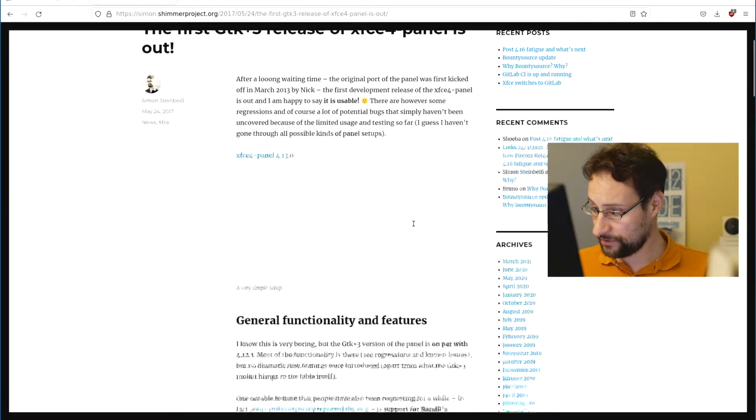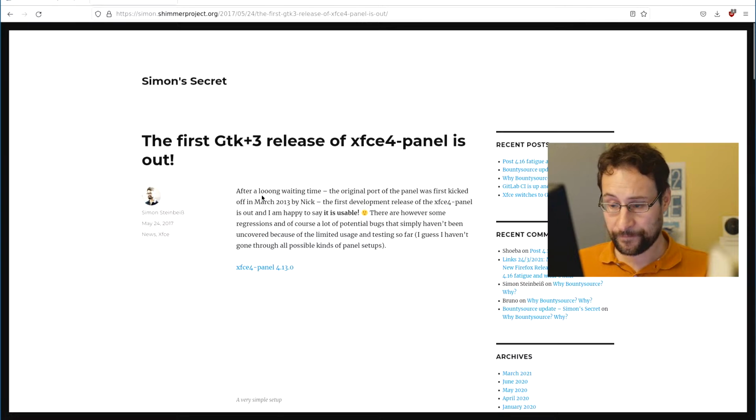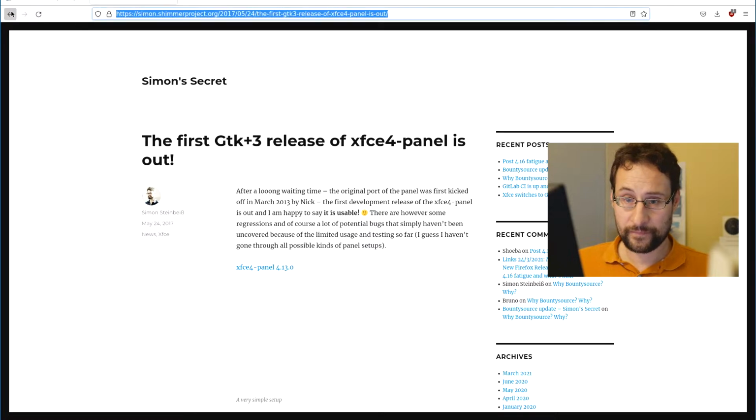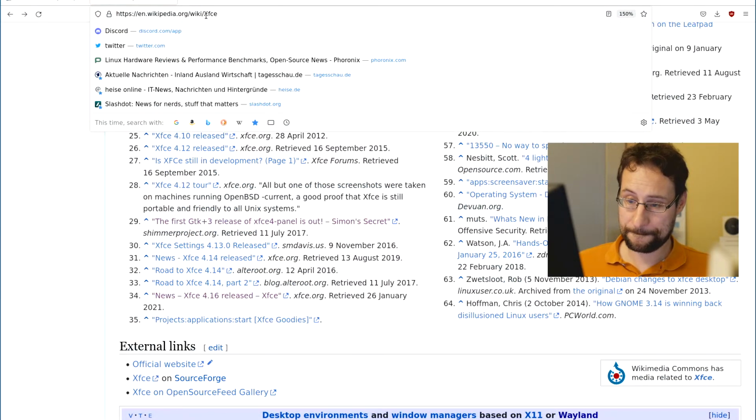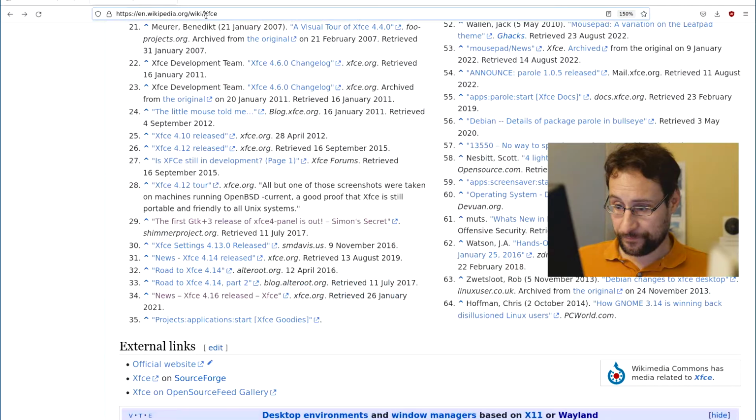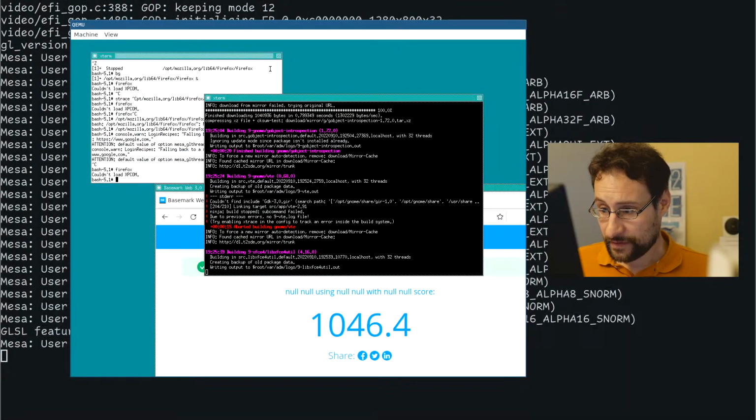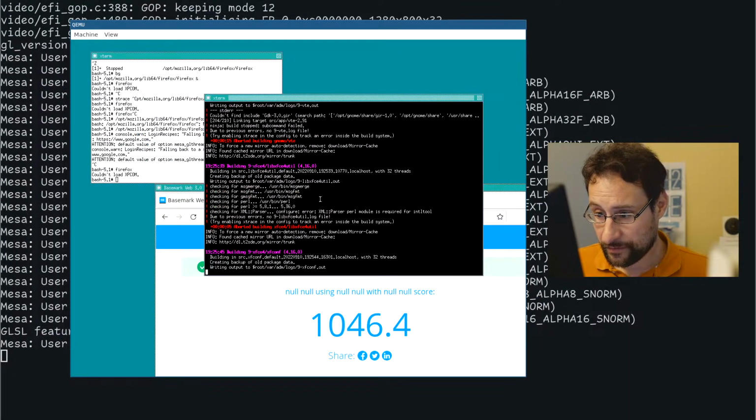Don't tell me they really still use GTK 2. A long wait, 2013. Okay, they probably should be on it. Where would that be? There's some stuff built now. No, there's still some GEO dependency.